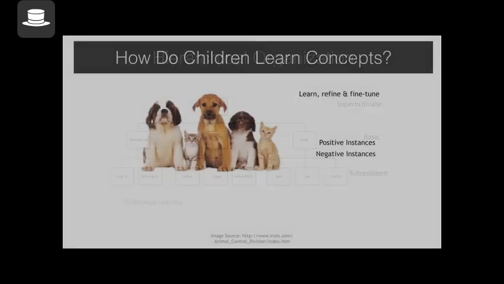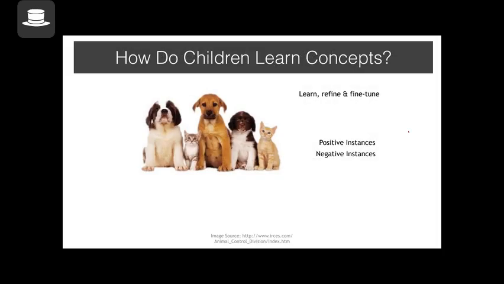Well, we form concepts as children. We learn concepts, we refine concepts, and then we fine tune concepts. And this comes with the experience and with the feedback we get from our parents and elders and the environment around us. So I have a 6-year old, and when she was little, everything that had hair was a dog. Well, then she just had a category of hairy things that would be a dog. But later on, she could distinguish between a cat and a dog